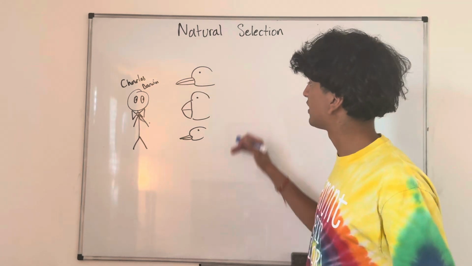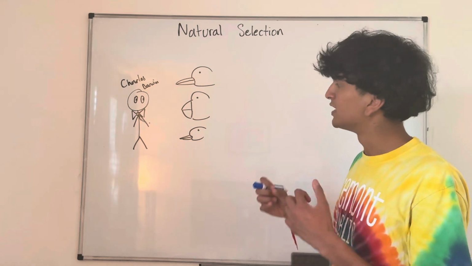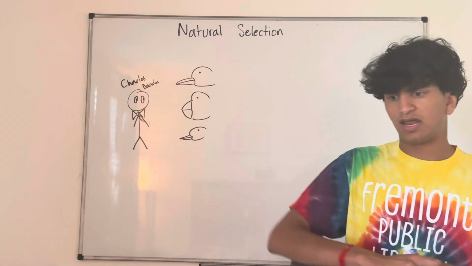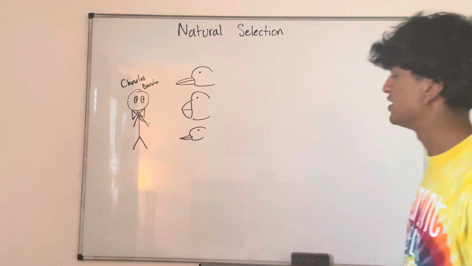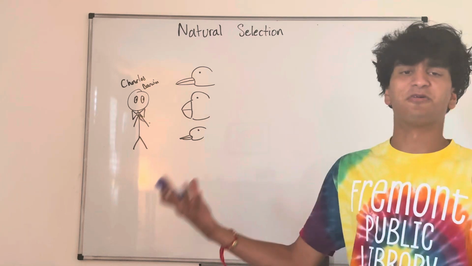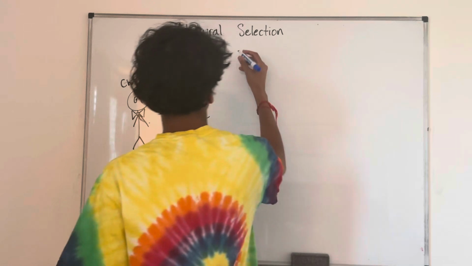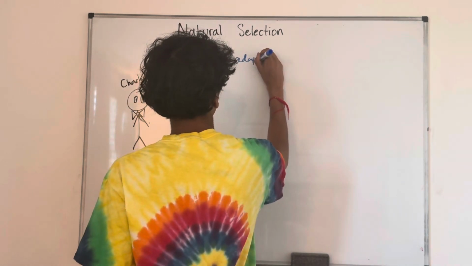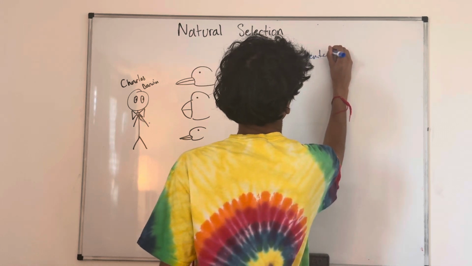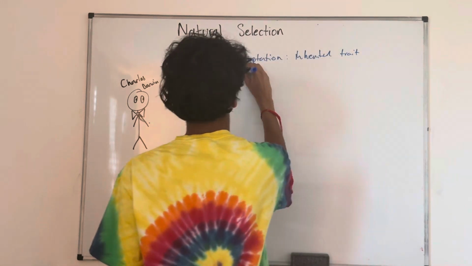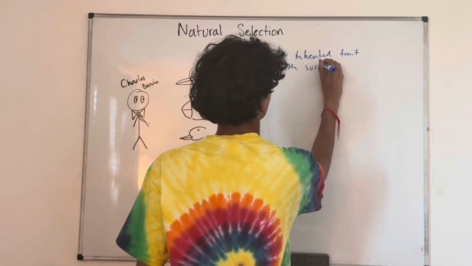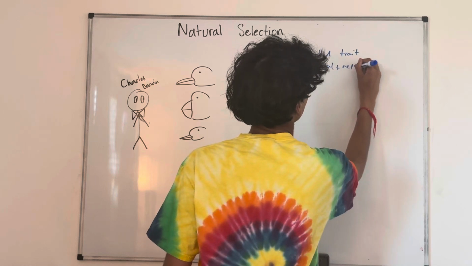So he notices that all these birds have characteristics that help them get food and get around, and it helps them in their environment. And he calls these adaptations, or I don't know if he calls them that word, adaptation, but this is one of your vocab words. An adaptation is any kind of inherited trait that helps with survival and reproduction.